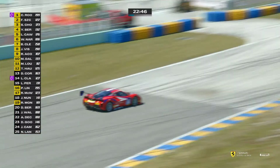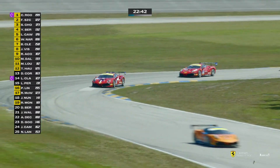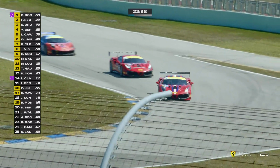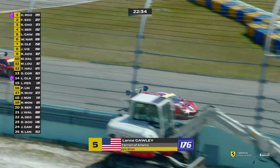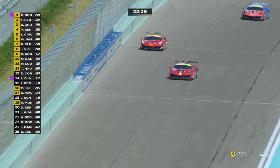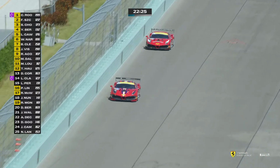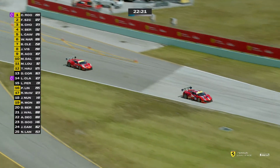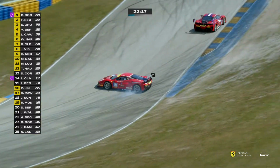And there is Lance Corley, a very, very long-term competitor in the Ferrari Challenge, a truly, truly lovely guy. And Lance Corley doing a great job here in P5 at the moment, which, if memory serves me, and it fails a lot, is exactly where he finished in the race yesterday for Ferrari of Atlanta. Checking on my sheets here, and yes, that is precisely where he finished. So another P5 finish would be very good for Lance Corley, but of course he would prefer to be further up the order. And it's Jan Bernier that he needs to get on terms with, but Jan Bernier has got